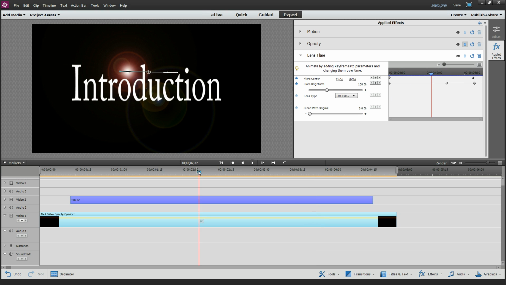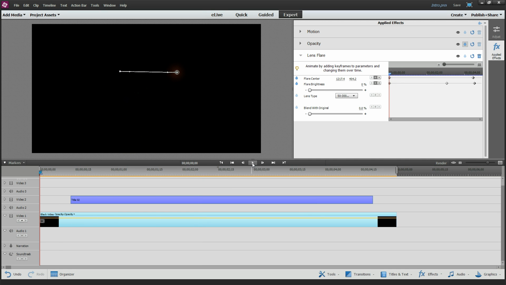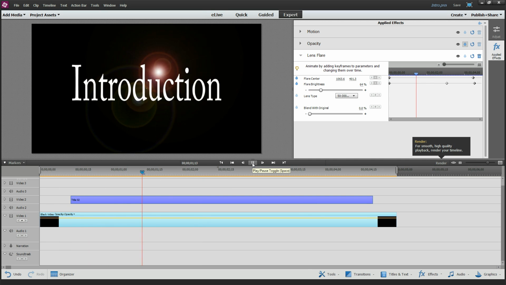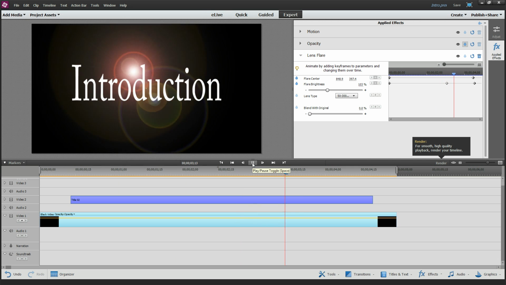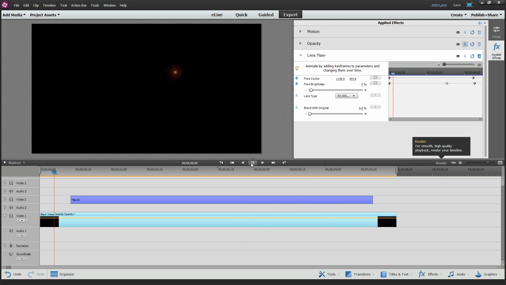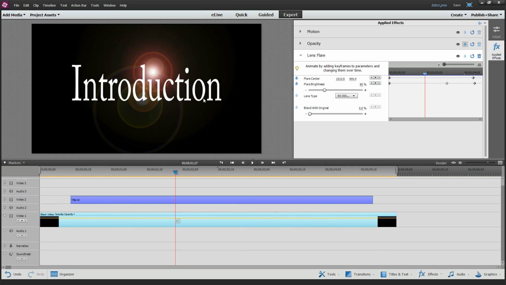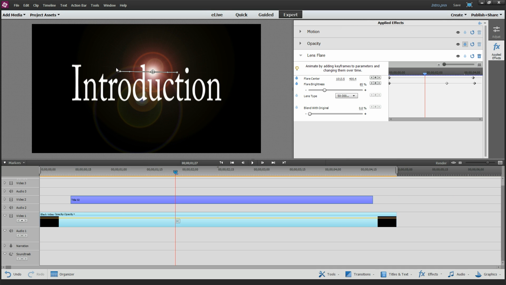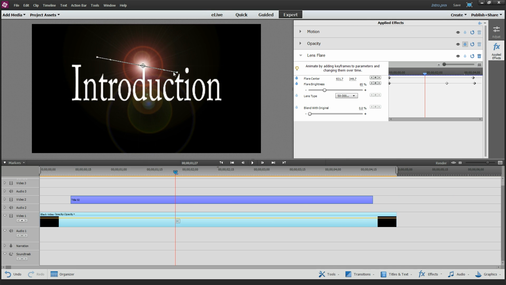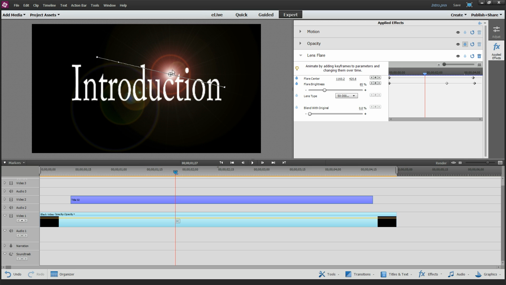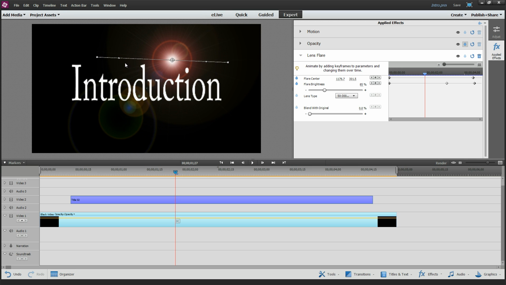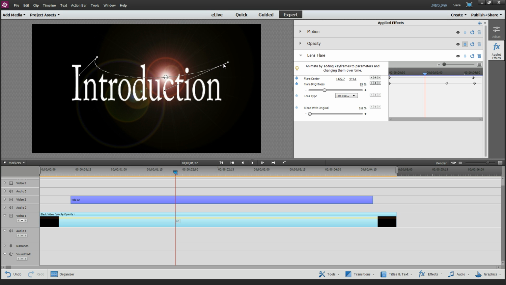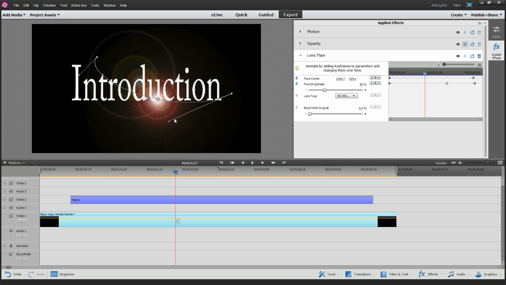Now when you dance your cursor back and forth, you can see how it moves around and gives you a better, more animated effect. Now that may not be very pretty there. So let's drag this front point up, the end point around. And if you notice these little teeny dots here, if you drag those, it changes the path. It adds a little bit of a curvature to it.